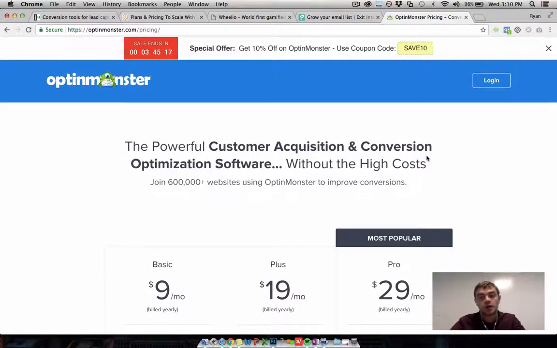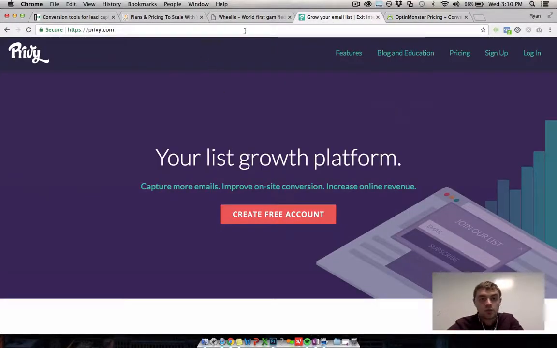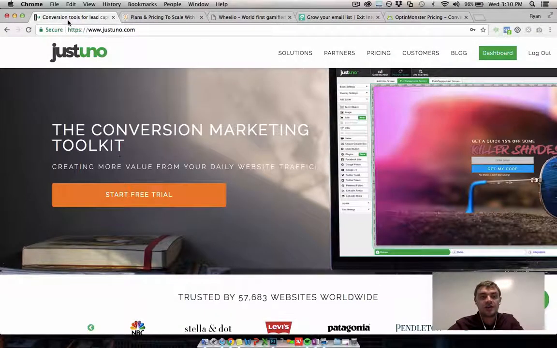There are so many of these tools on the market. I found a few that I use and work well, and until something comes out that offers functionality over and above those, I'm not going to try everything that's out there just for the sake of it. So I just wanted to let you know there are a lot of tools out there. Monster and Privy are some of the other ones, but the three that I actually have a lot of experience with are